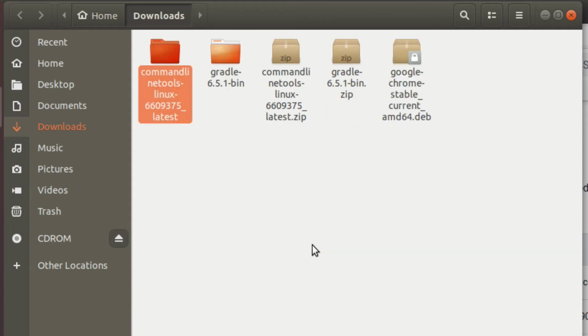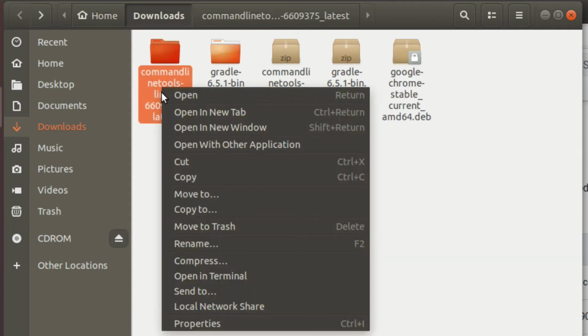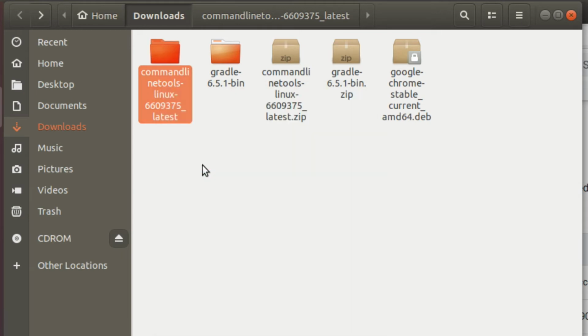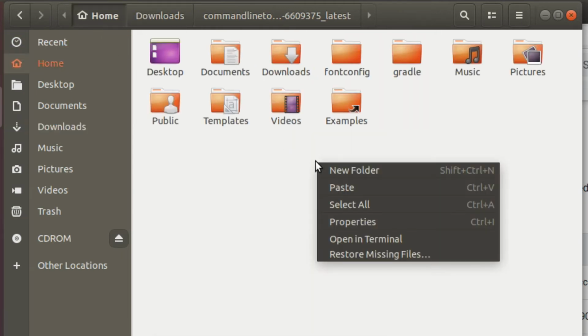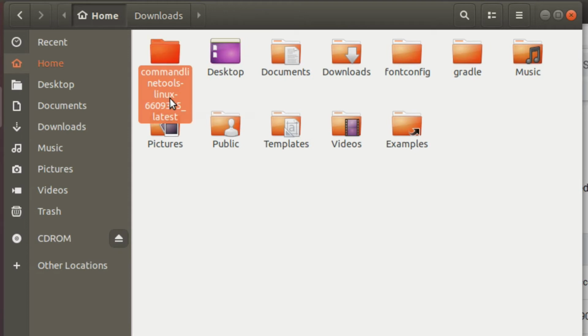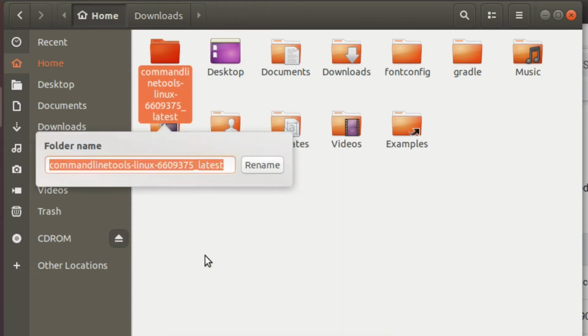Extract the zip and copy it into the user's home location. It can be anywhere again. And rename it to Android-SDK.